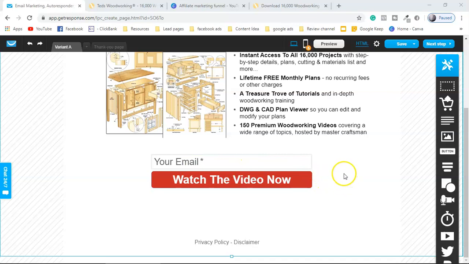If you want to simply redirect to the sales page, you can use a button here, right? A simple button which will make a click on it, and the audience will go to the offer page. Okay, just very, very simple. And also we have a privacy policy and disclaimer, right? You can give those at the bottom.